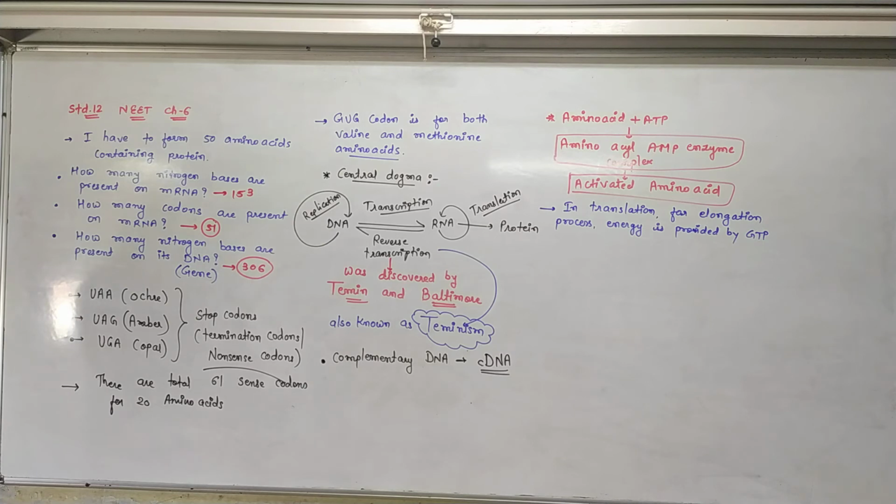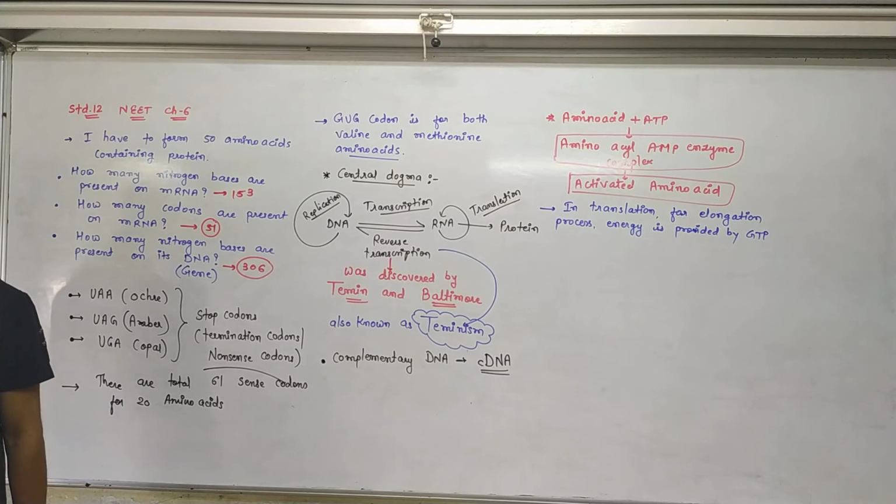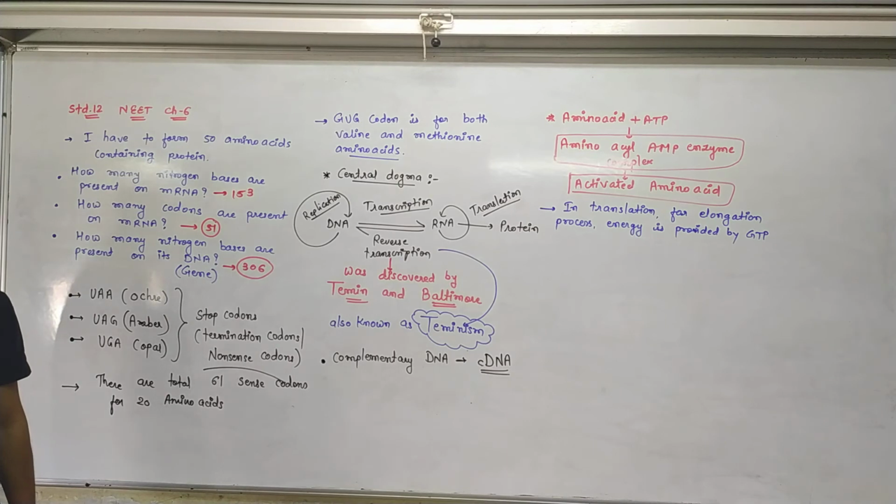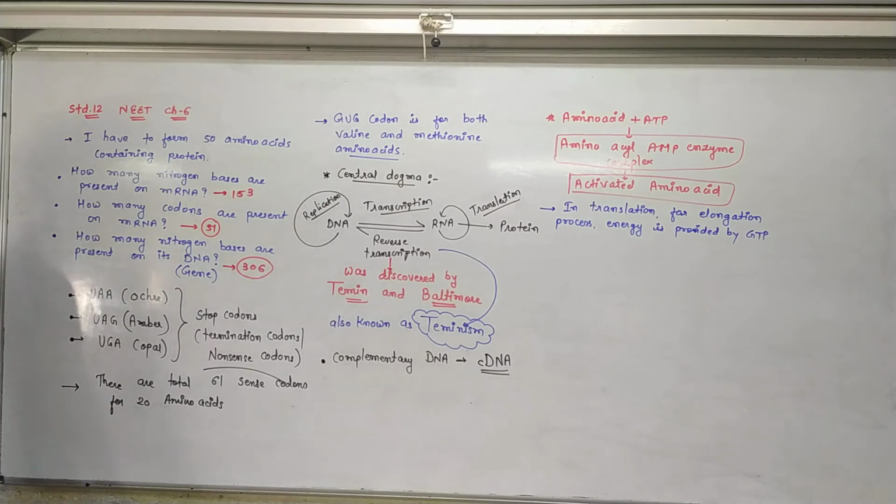So for the elongation process, you know that an amino acid binds to another amino acid with the help of a peptide bond. And in this way, so many peptide bonds are joined together and form the polymer of amino acids. This is known as protein. So for the elongation, the energy is provided by GTP, not in the form of ATP. Right? And as you know, after the translation process, primary protein is created.